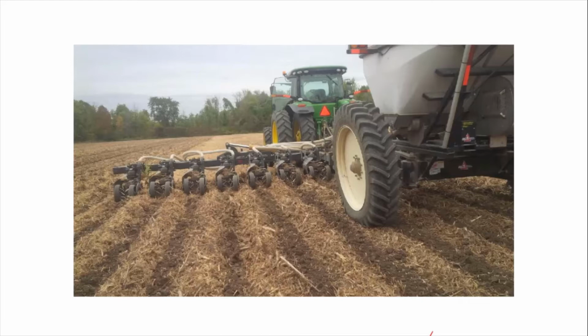Started with this unit here, a 16 row coulter unit, and played around with it for a bunch of years and really weren't happy with the job that we were getting on it. Obviously you can see we're moving quite a bit of residue here. That's pretty common, but it breaks down in the middle. It appears like it's doing a nice strip